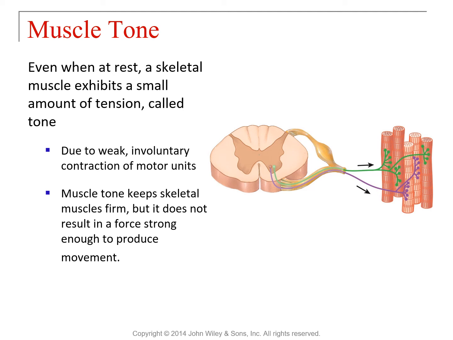So essentially, there's a pretty good principle with muscle tissue, and it's if you don't use it, you're going to lose it. And so basically the idea here is for muscle tone to keep the skeletal muscles firm but not produce movement. So you're producing enough tension to be using the muscle and hopefully not lose a lot of muscle mass over time. And I think the biggest example that I can give for what happens when this goes wrong